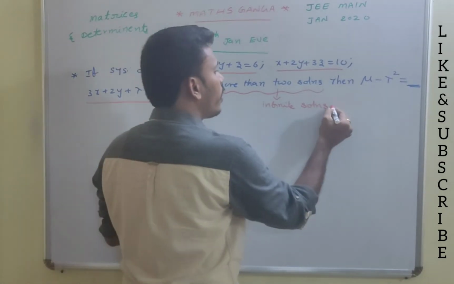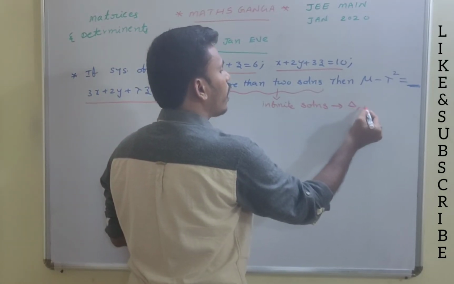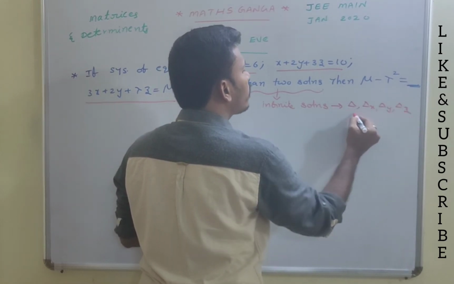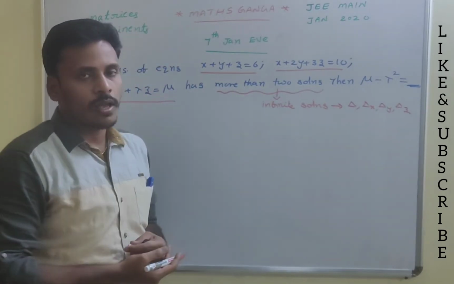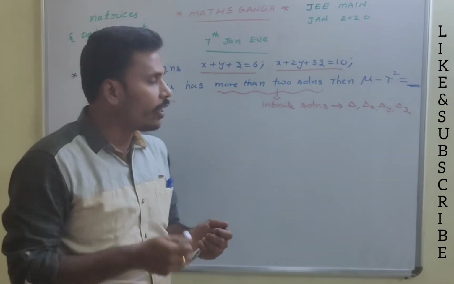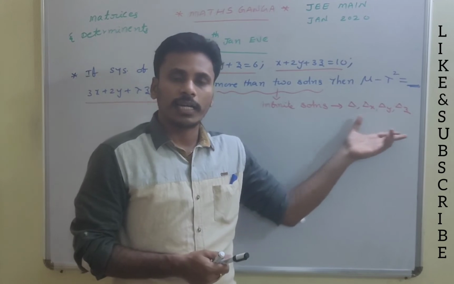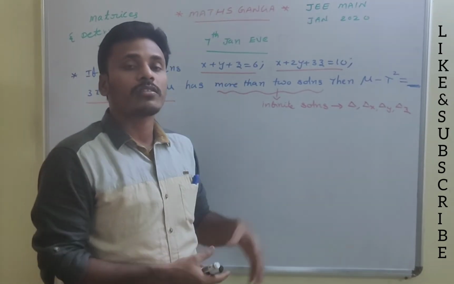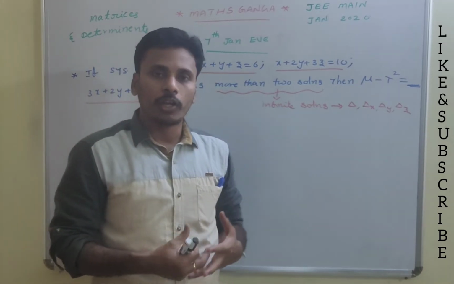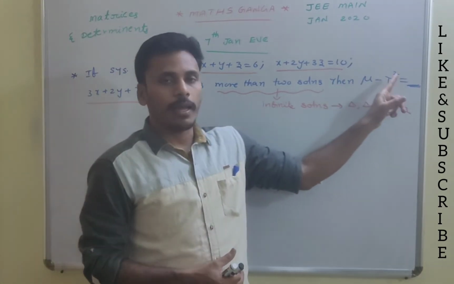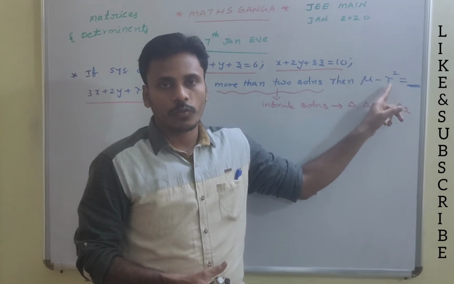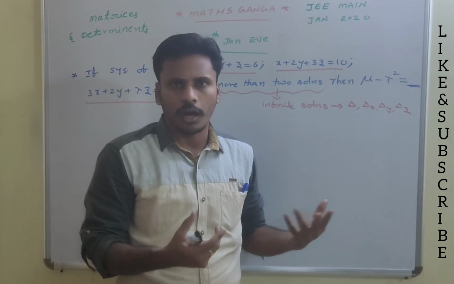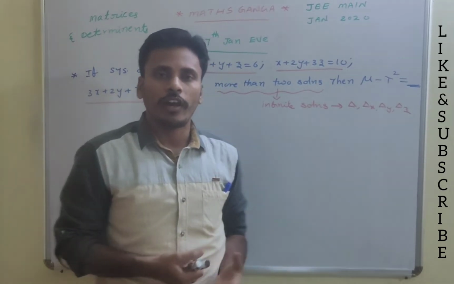it is very clear that, in the definition of Cramer's method we use delta, delta x, delta y and delta z. All these determinant values are zeros. I think you are very familiar with using these delta, delta x, delta y and delta z. The determinants of all these are zeros because the system has infinite solutions. So my task is to find mu minus lambda square. To find it, you can use any one or two of these three, or you can use all these determinants to find mu and lambda square.